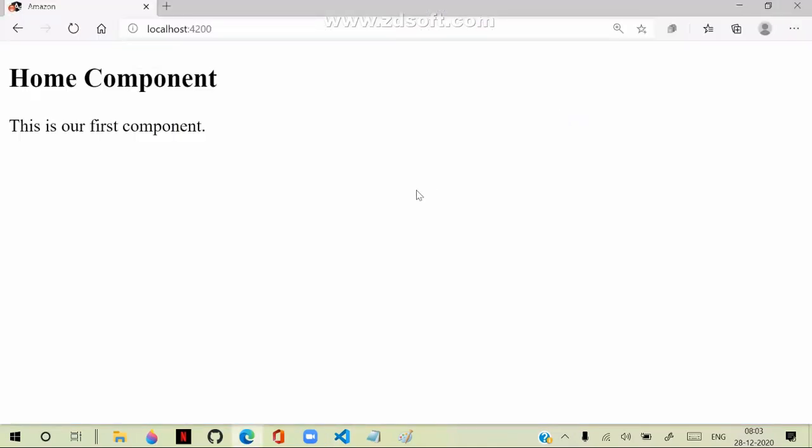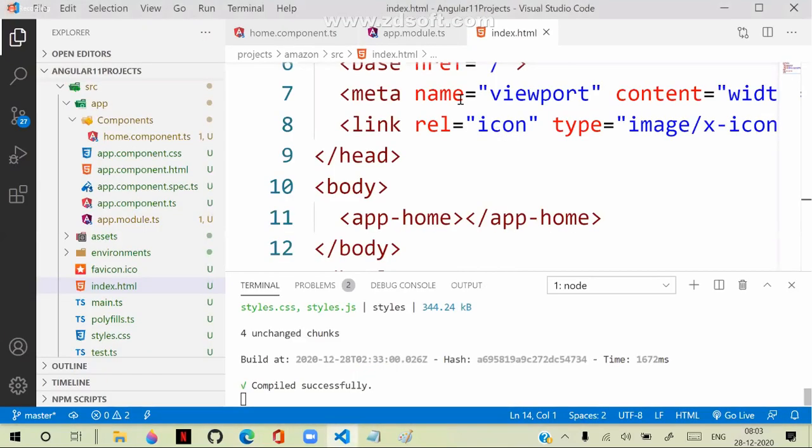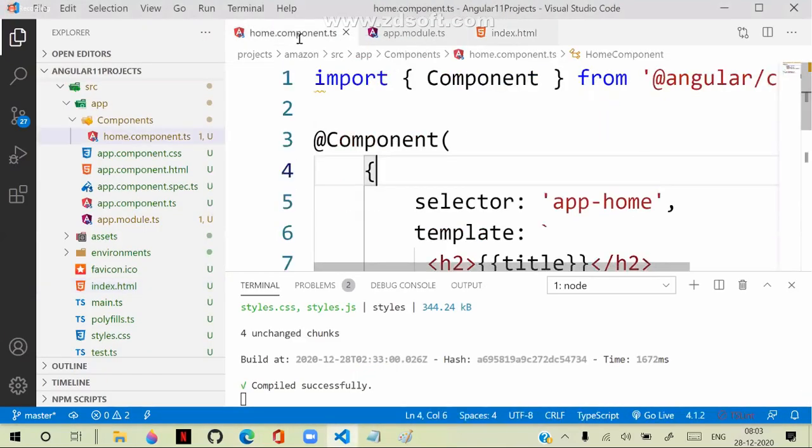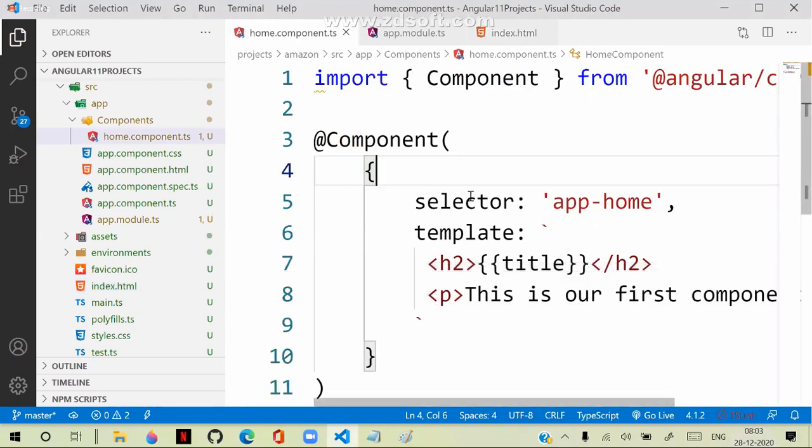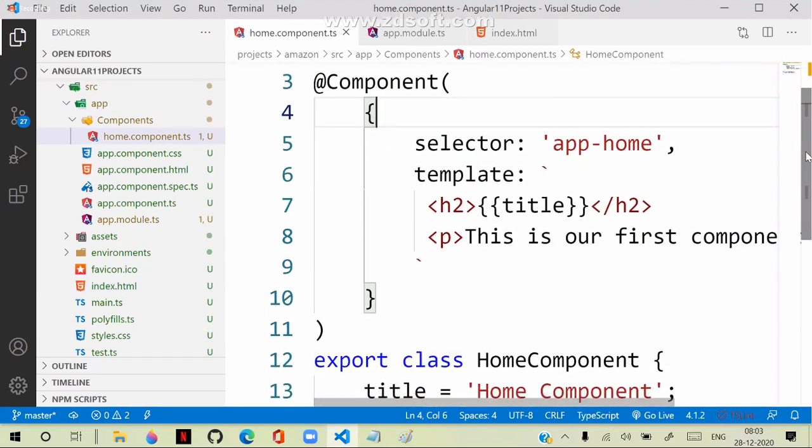Now, if you want styles only for this component, separate, since global styles will be applied everywhere, then what we have to do is go to the component TS file. Here in the selector, you have configured the component name, how to access the component. Template, this is the design.